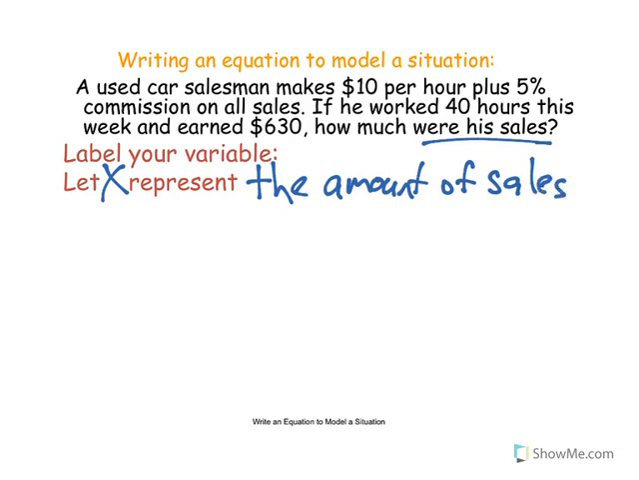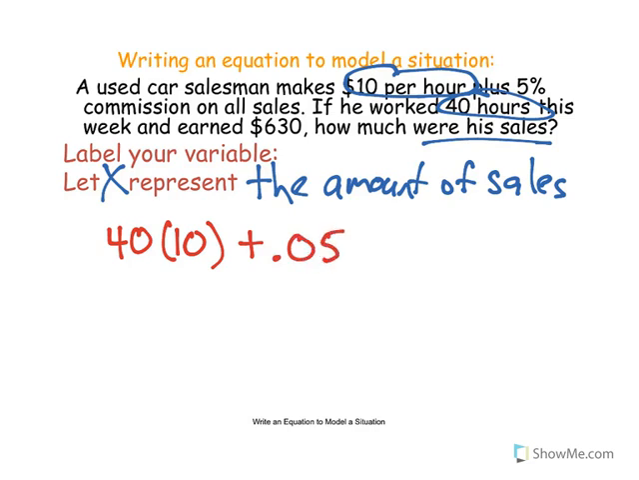All right, so what do we know, right? We make $10 per hour, and we worked 40 hours. So we know that this person made 40 times 10, right? That's their base salary. That's before if they don't sell anything, they make their $10 an hour. Plus